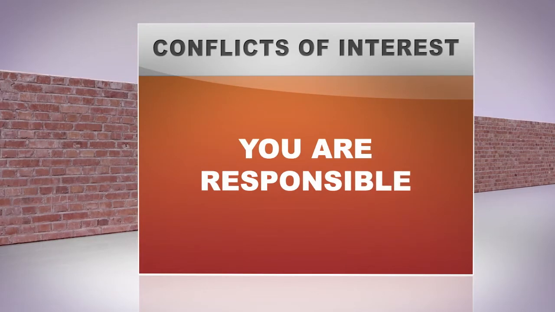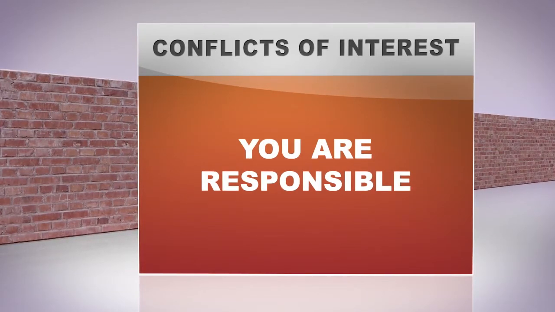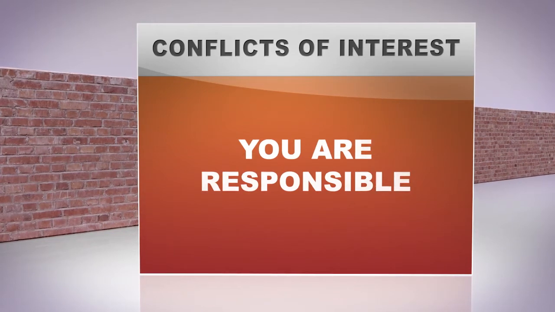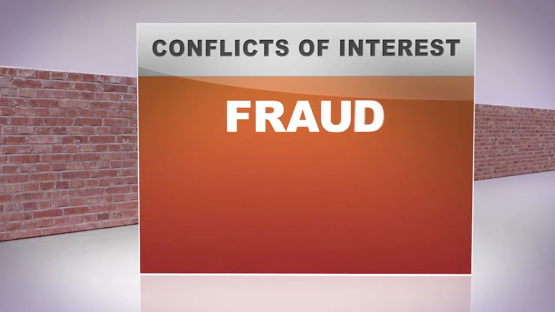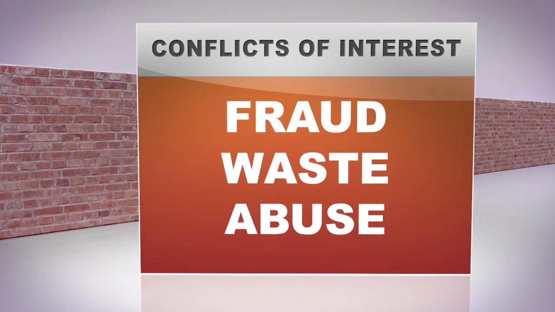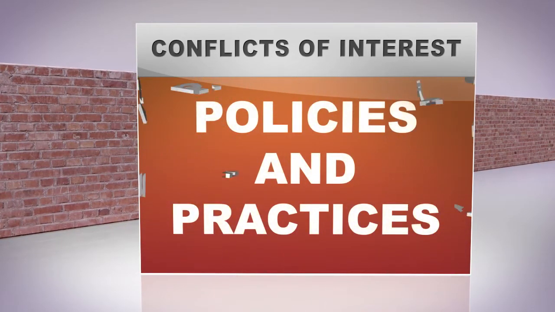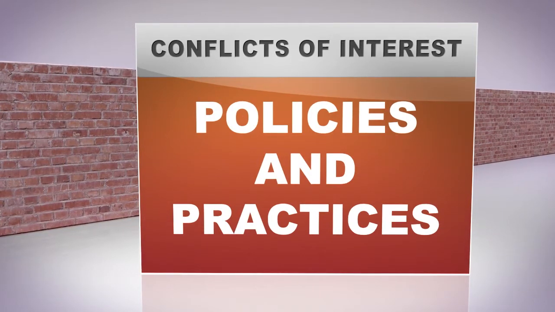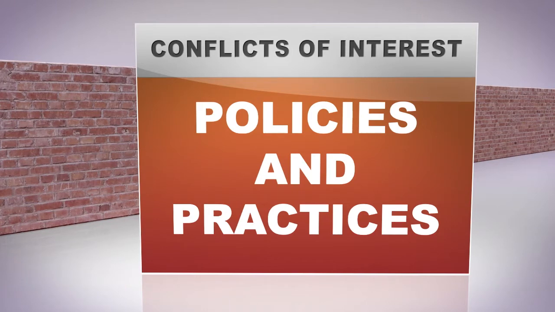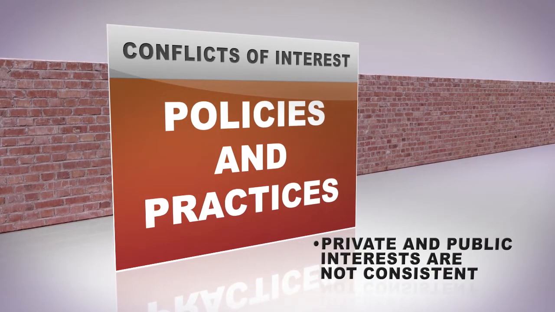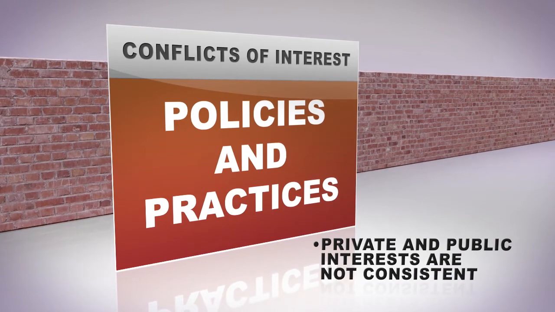When the federal government entrusts its funds to the care of your agency, you're responsible for ensuring its proper use, including taking all the steps necessary to prevent fraud, waste, and abuse. Your state and your agency should have internal policies and practices designed to prevent conflicts of interest and help you comply with federal regulations. A conflict of interest occurs when one's private interests and one's public duties and responsibilities diverge